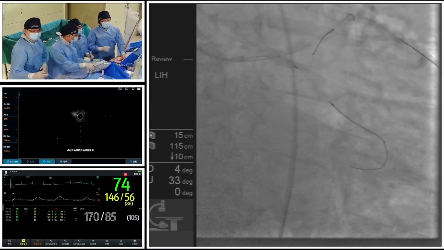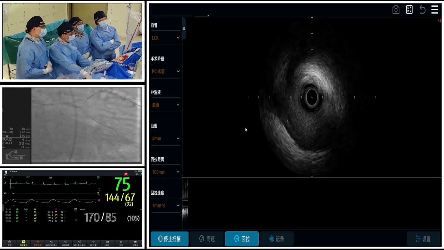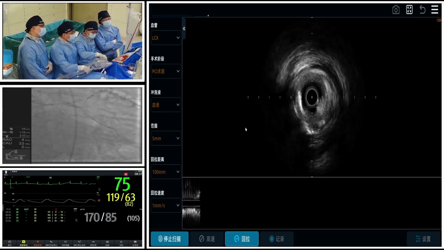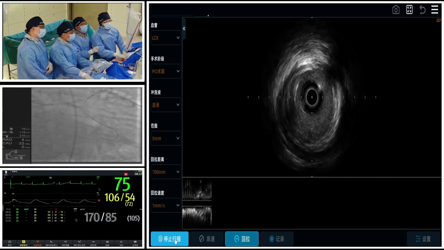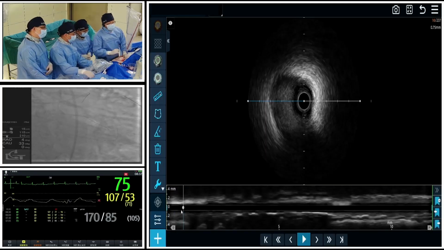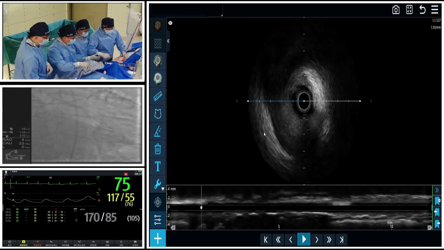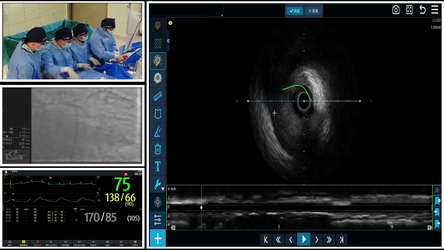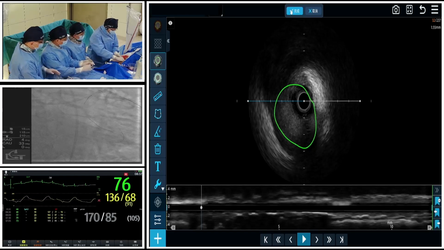Okay, Dr. Chao, you can pull back. This is a pullback from the circ to the left main. Okay, we can see the wire is joining. Let me check in the details. I think there is almost no plaque, just similar to the 3D reconstruction. The 3D reconstruction here already shows us the distribution, just a little bit of soft plaque and a little bit of calcified plaque at the ostium